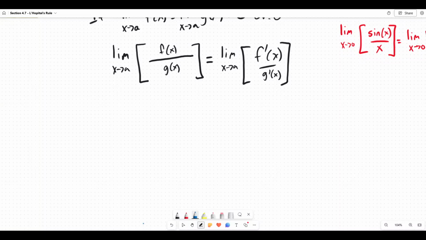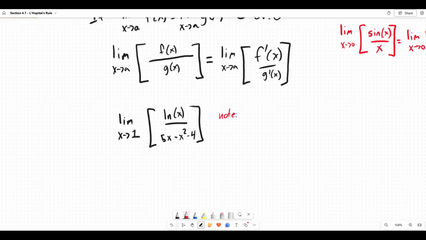Okay, so let's take a look at something like this. Let's find the limit as x approaches 1 of the natural log of x divided by 5x minus x squared minus 4. Okay, so let's just note, natural log of 1 is 0. And 5 times 1 minus 1 squared minus 4 is also 0. This is 0 over 0, which means we can use